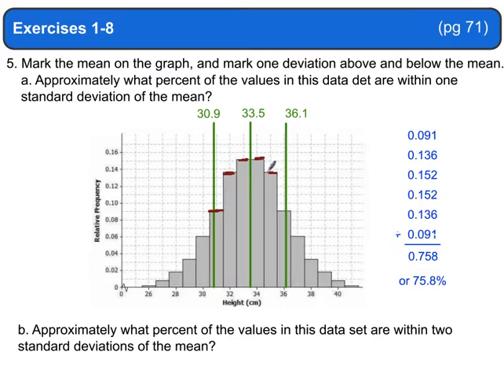This would be another 0.136. And this would be another 0.091. These would be the bars that fall within between the lowest standard deviation and the higher standard deviation. We add all those numbers up and we get 0.758, or 75.8%